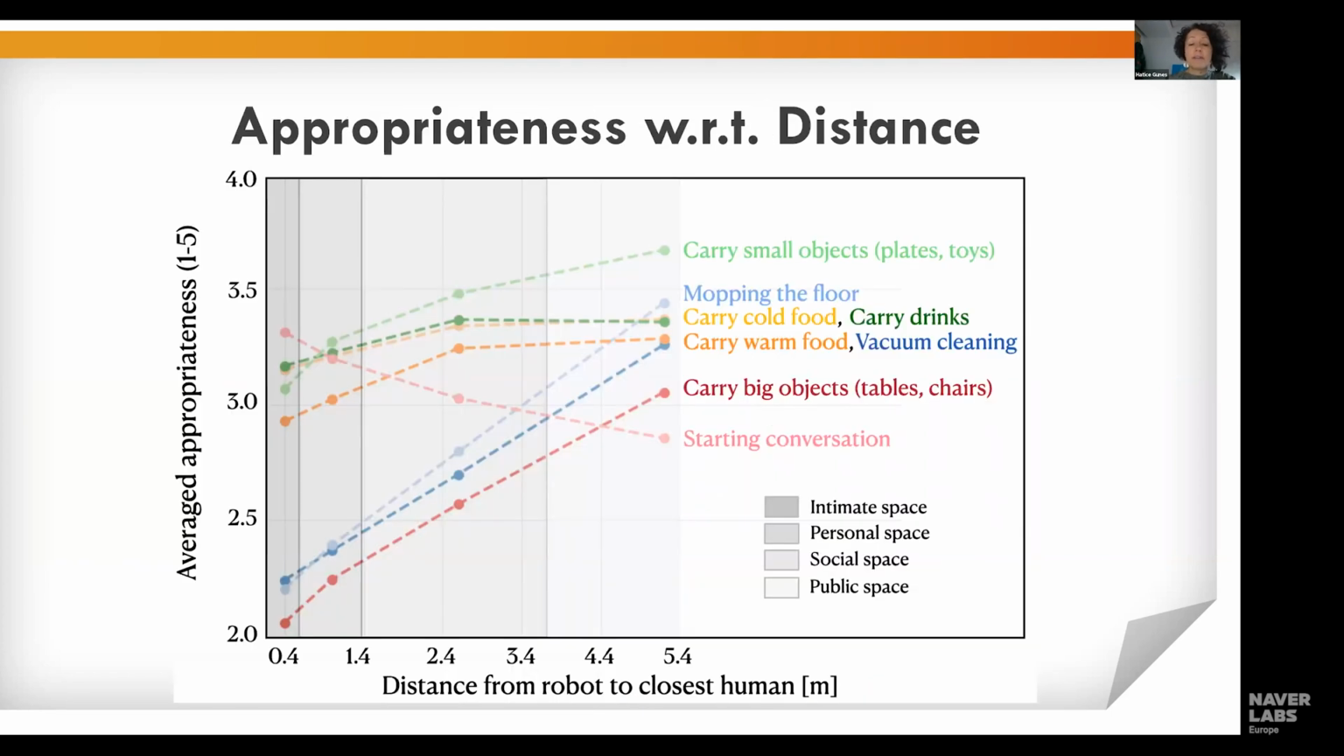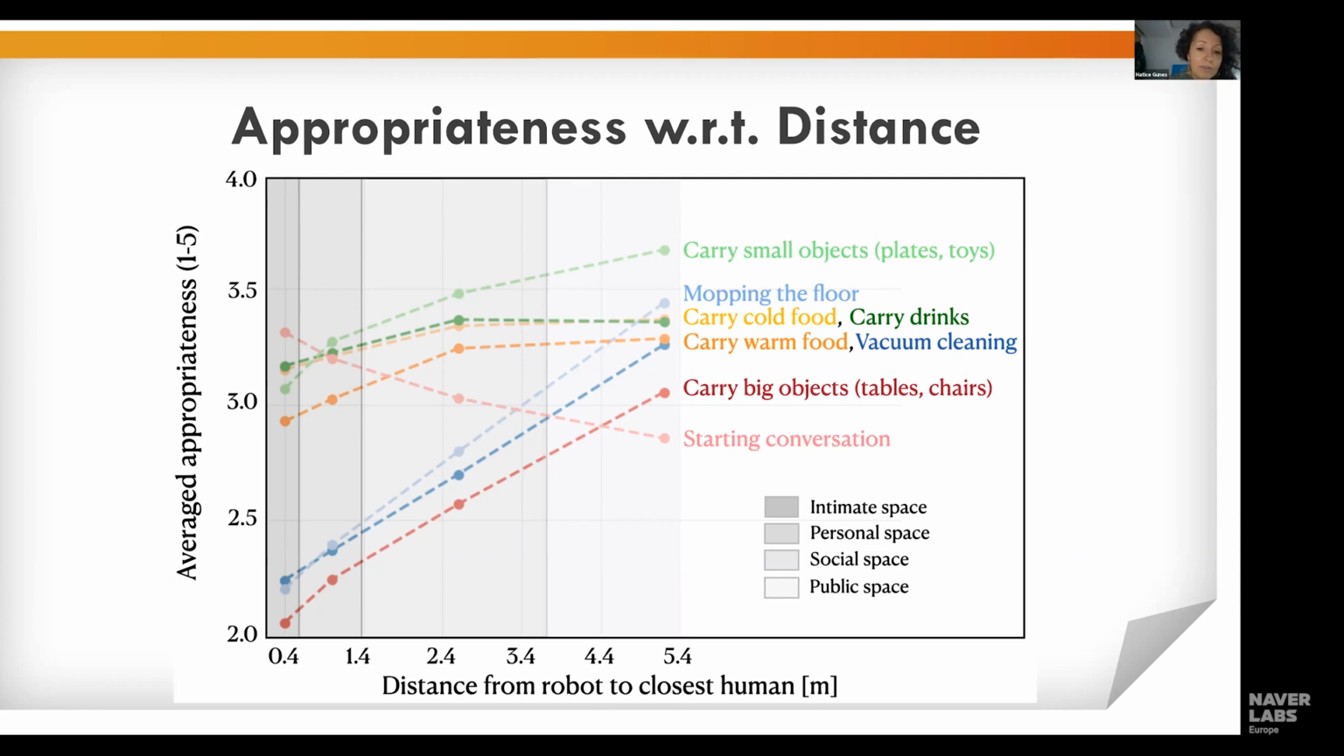And then we did lots of different analysis. Here I'm just going to present a few of them. Based on the labels we gathered, we can, for instance, analyze how the appropriateness labels varied with respect to distance. For instance, we can see that starting conversation is the most appropriate action when the distance from the robot to the closest human is around